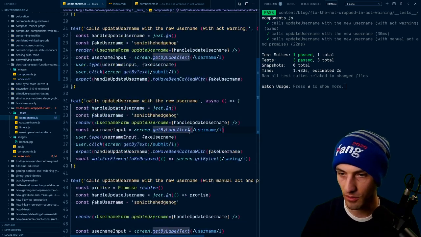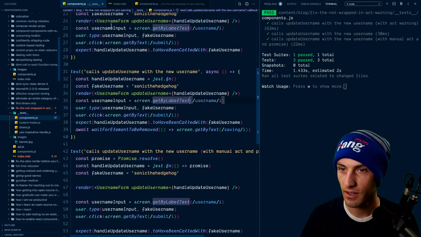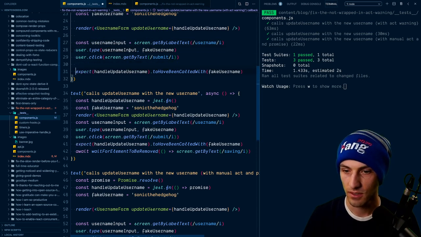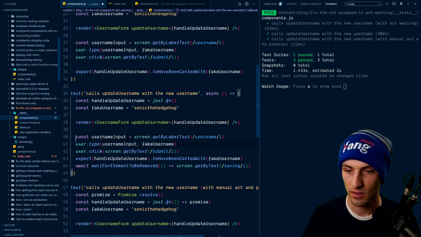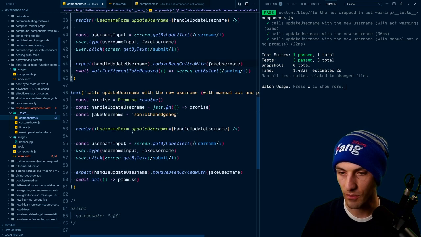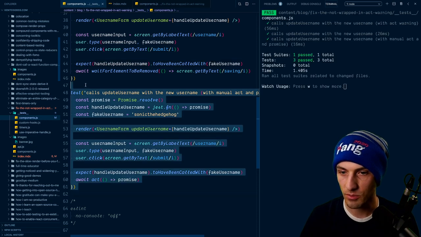Actually, I want to stick in those spaces that I have in the blog post. So if anybody looks at this, they're not confused by the spaces that we've got. Okay, so that's one option. And then the other option is